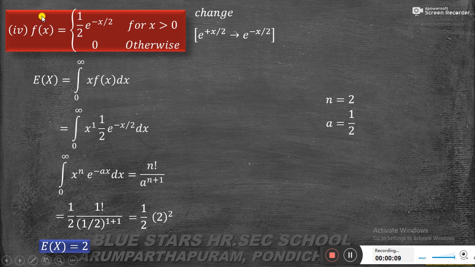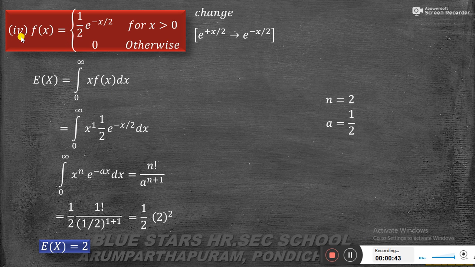First problem, fourth subdivision: f of x equal to 1 by 2 e power minus x by 2 for x greater than 0, and 0 otherwise. The question is to calculate mean and variance. Mean means expectation. E of x, the formula is integral 0 to infinity x f of x dx. So E of x equal to,